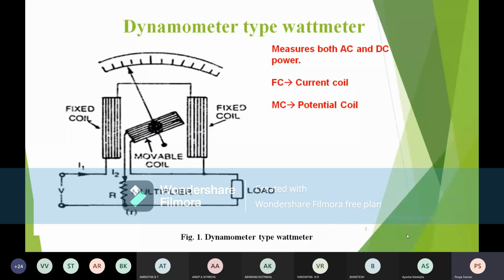So it works on a principle that whenever a current carrying conductor is placed in a magnetic field, it experiences mechanical force. And due to that mechanical force, deflection of the conductor takes place. So ಇಲ್ಲಿ magnets ಆಗಿ field coil behave ಮಾಡ್ತಾ ಇದೆ. Current carrying conductor ಆಗಿ movable coil is acting. So here